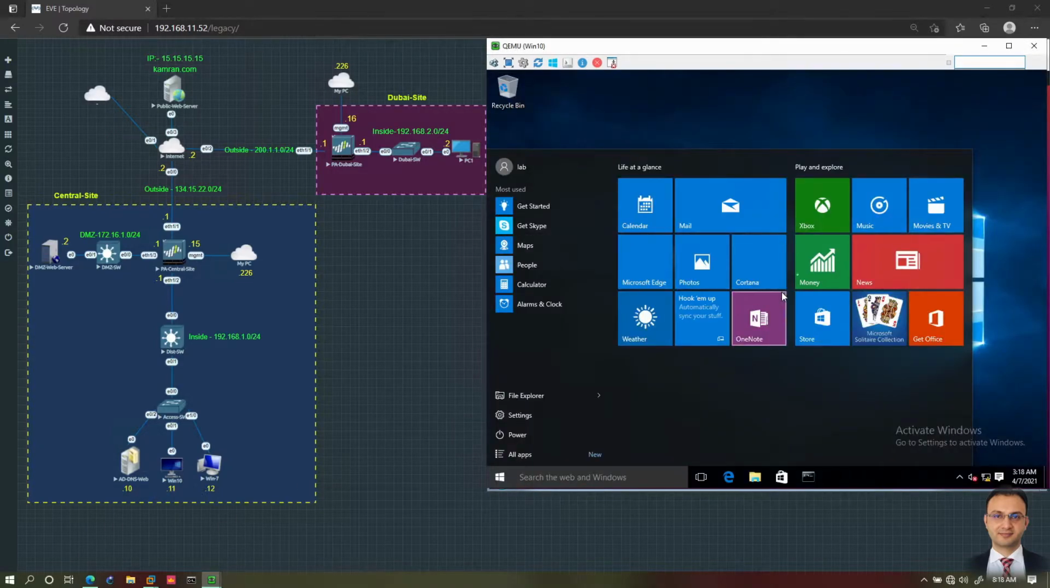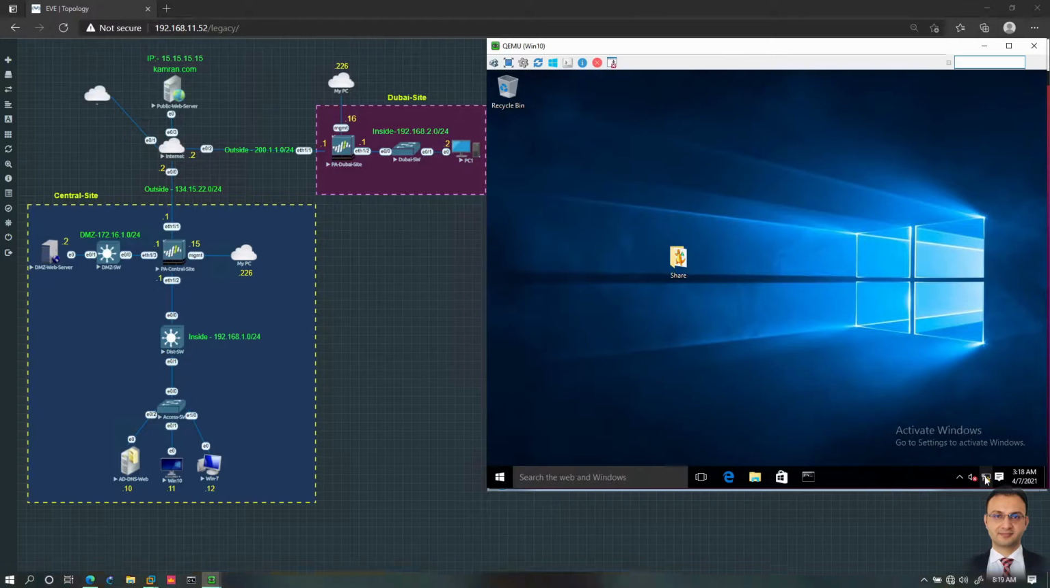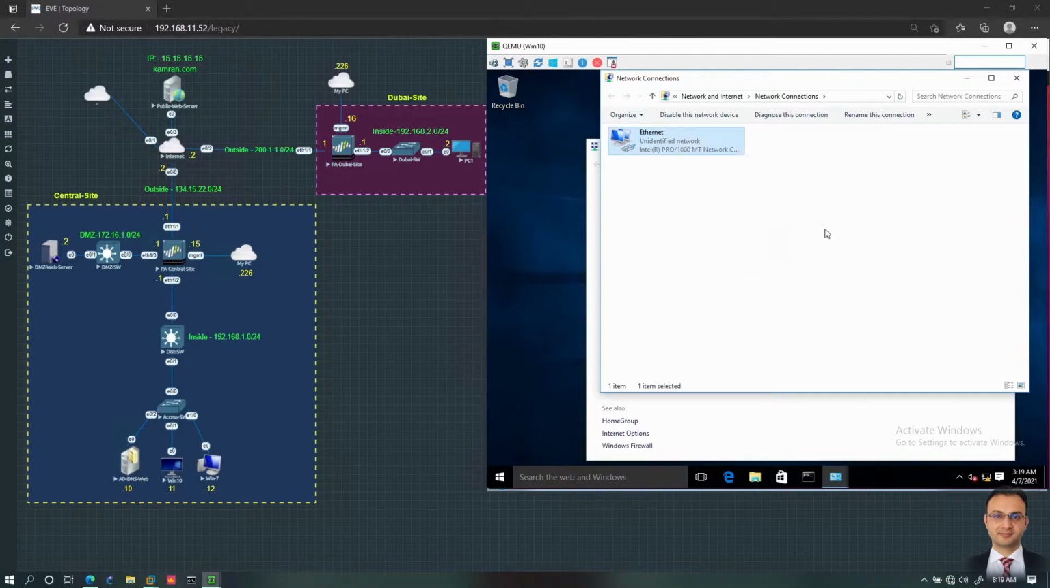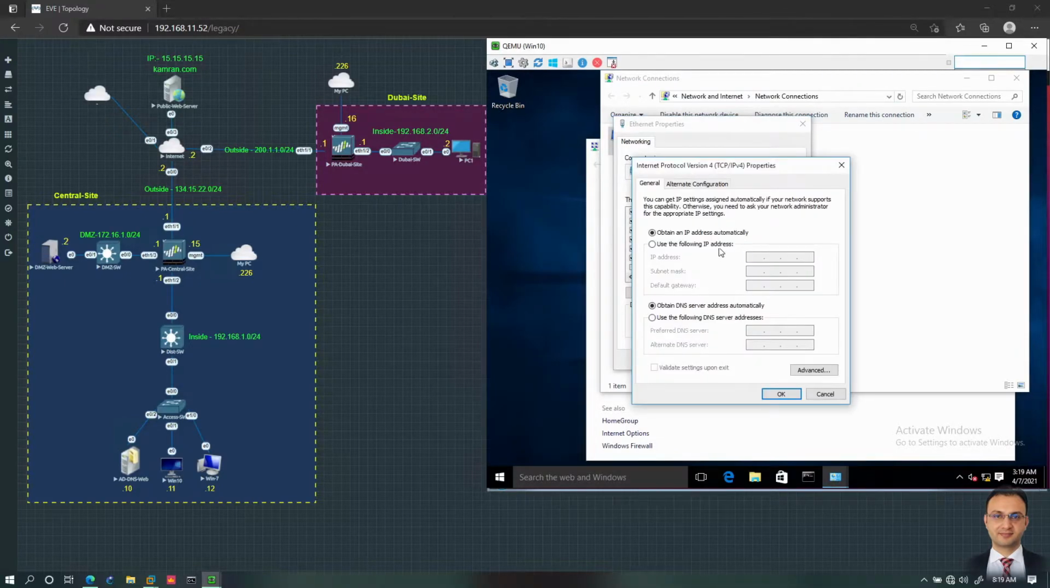And I'll go to my Windows 10. Properties, and the IP is, this is my inside network, so it's having a subnet of 192.168.1.0, and the address is 11, so it's 192.168.1.11 with a mask of 24, and the gateway is 1, this IP address, and the DNS, I want to point it to my internal DNS server, which is 192.168.1.10. Okay,